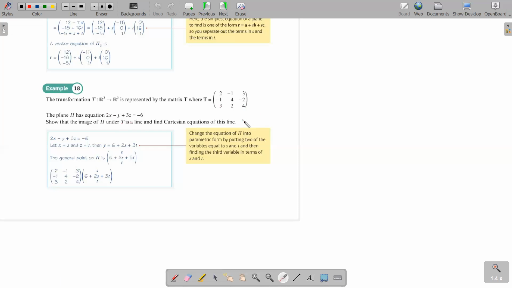Okay, how do we find the image of the plane? Now the thing is, we need to have the equation of the plane in a coordinate form, right? Because we need to multiply the transformation matrix with the object coordinate and get the image coordinate. Are you with me? And now, when it comes to a plane,